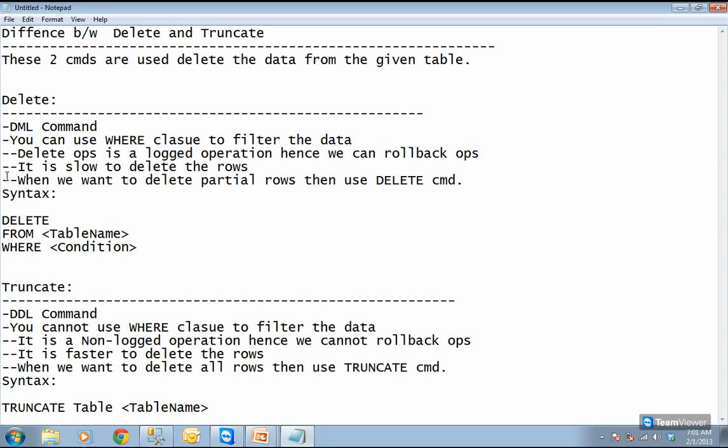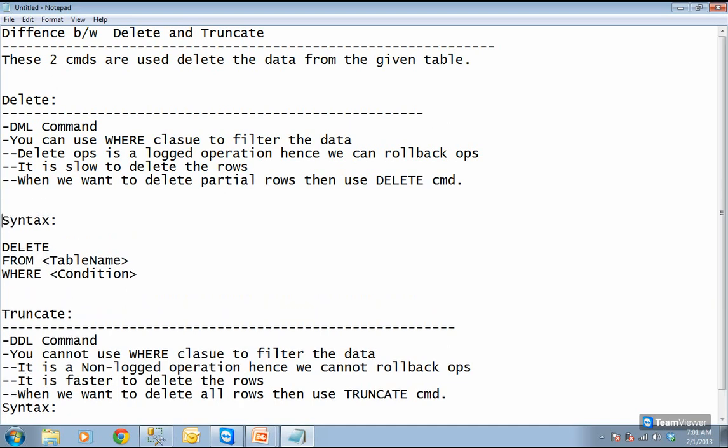Can you get them back? I'm sorry to say that. You don't have any clue, you are losing those records with the truncate command. But if you use the delete command, definitely you should be able to get those records. So that is the main advantage and disadvantage.